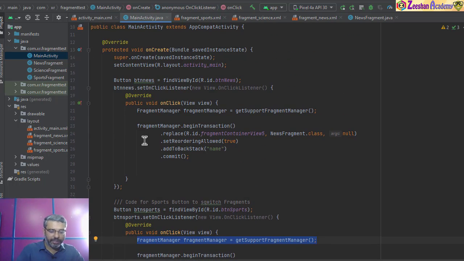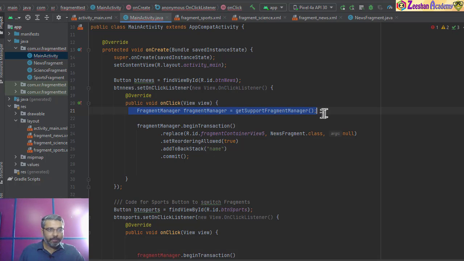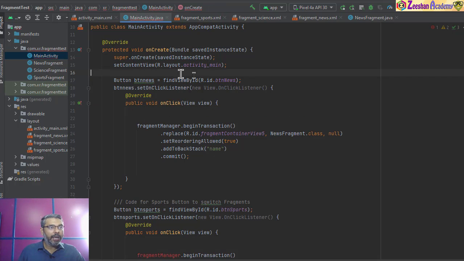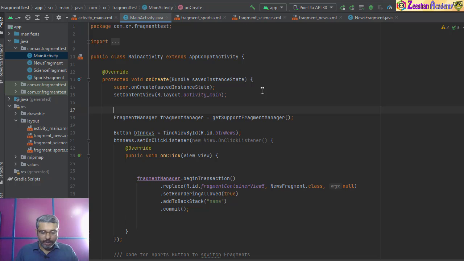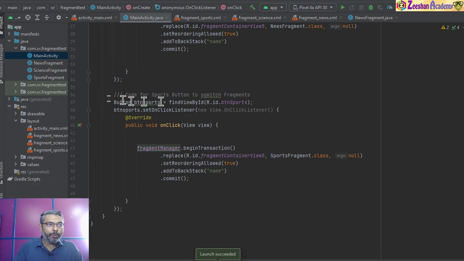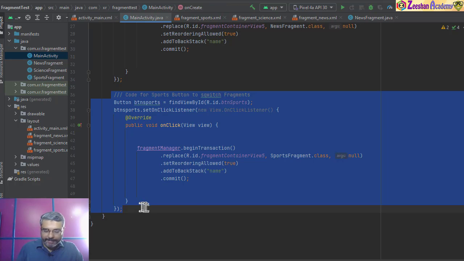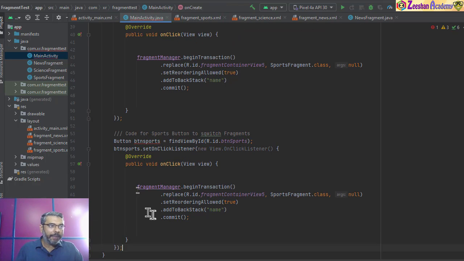So if I am going to use this again and again, let me just cut this, bring it here, Control X, and save it outside of this particular code. Okay. Fragment manager to manage code. Done. So once we have done the sports button, I will copy the same code again, come back here, paste